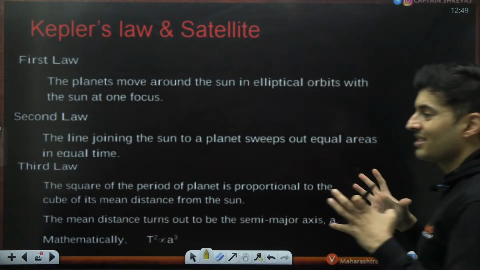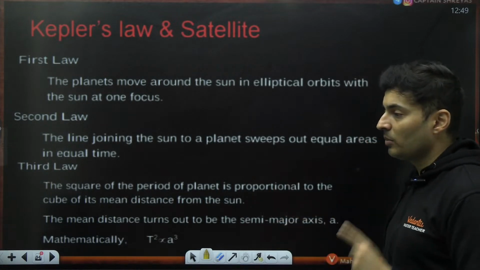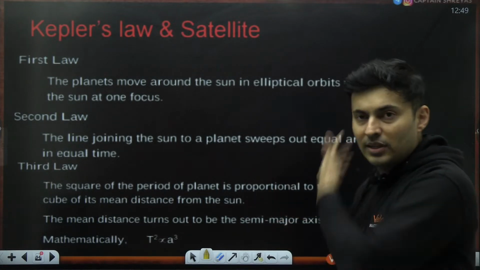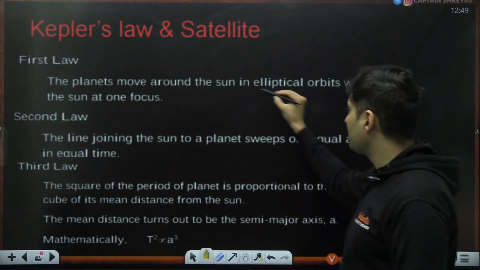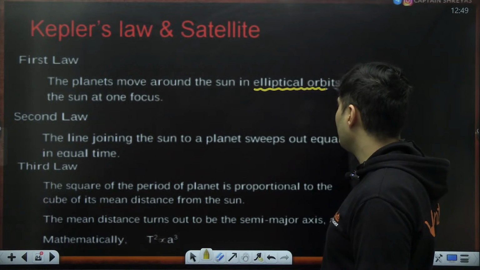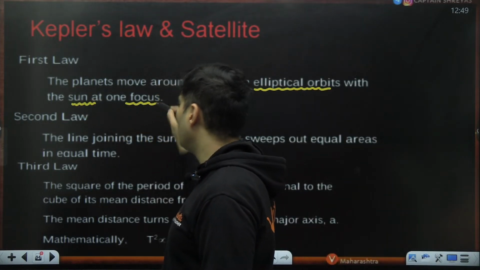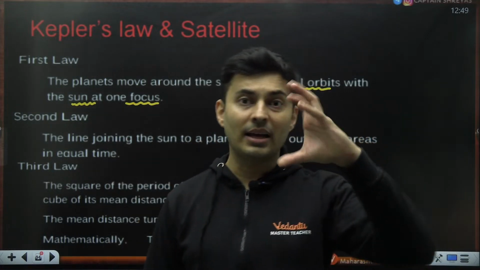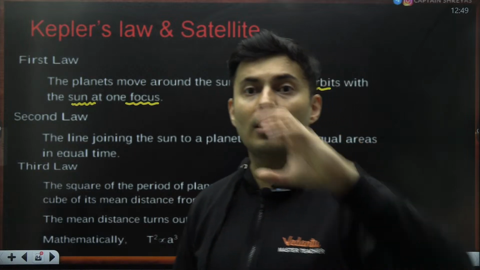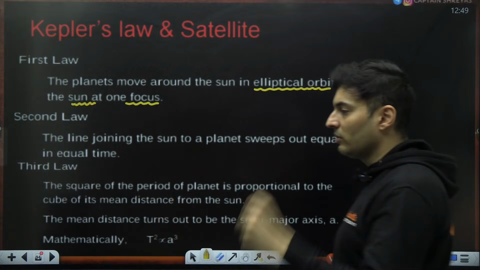But it was at par with Newton's law of gravity, because without any formulas he derived this. So the first law was, the planets move around the sun in elliptical orbits. The planets move around the sun with the elliptical orbits with the massive body at the focus. It's not necessarily the sun. It could be some heavy planet or heavy star or some point mass which is very heavy. So that is always at the focus of that ellipse.